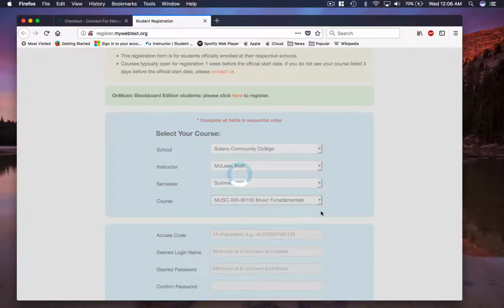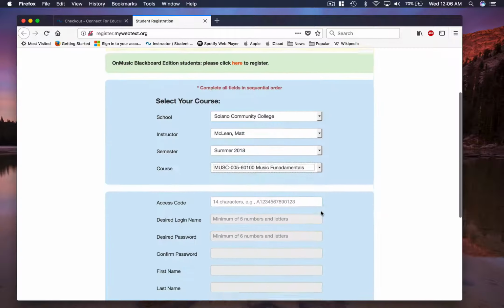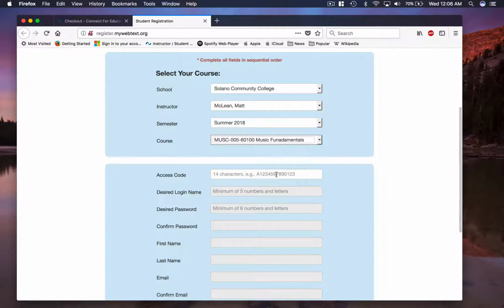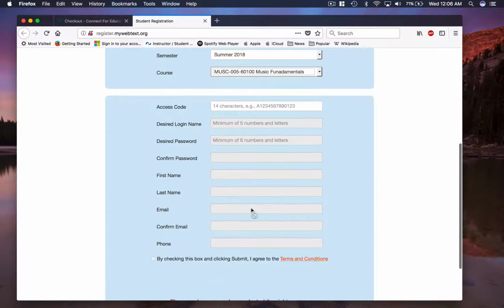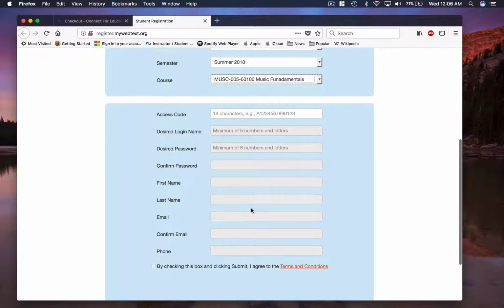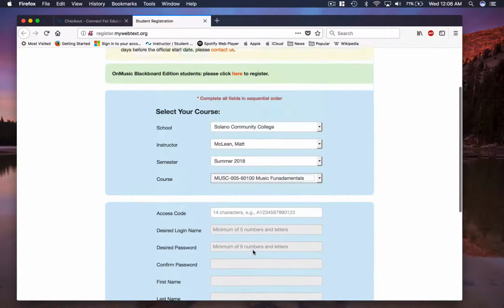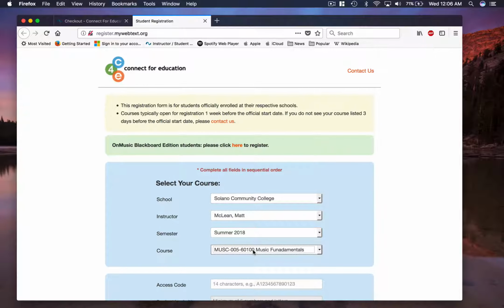And then this is down below. You're going to see where you enter your access code here. It's easy to just copy and paste it in. Use your login name. You can pick anything confidential. I recommend just using your Solano Canvas login name and password. That makes things a lot easier. But you can do whatever you'd like. And then complete this form. And then once you hit submit registration at the end,